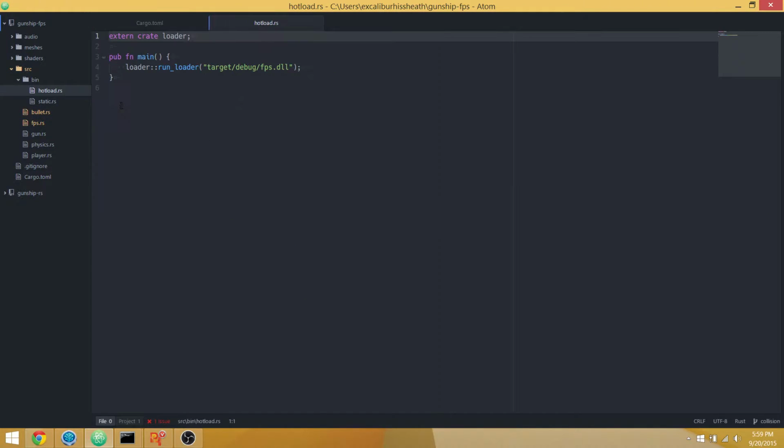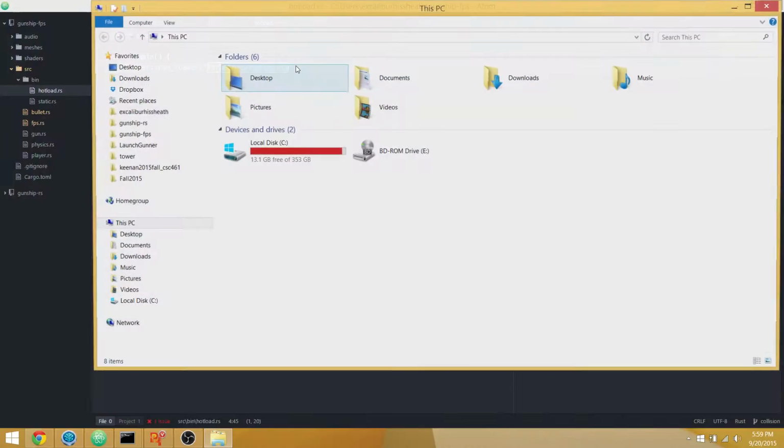For hot loading, you create a second executable that actually does not link against your game code. Instead, it loads up the loader directly, and then what you do is you give the loader the path to the DLL. So when you run cargo,